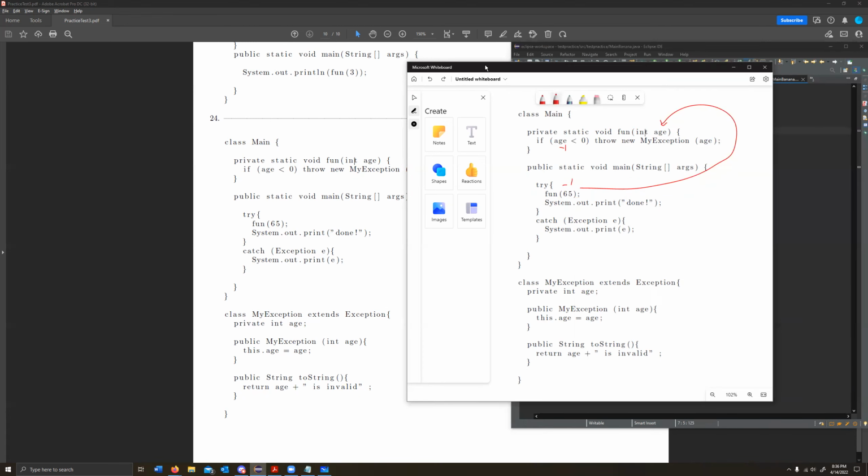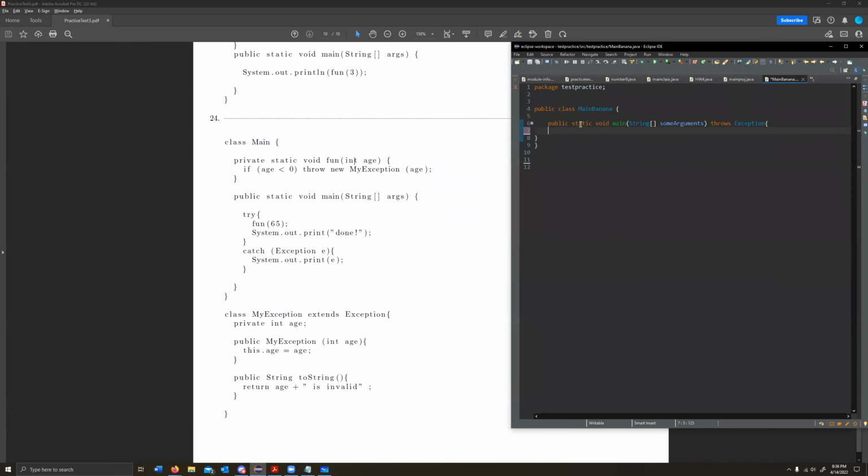Okay. So we got main, and this is all within